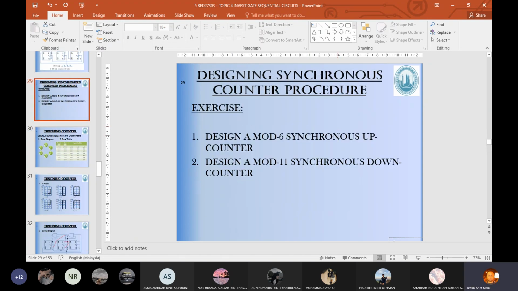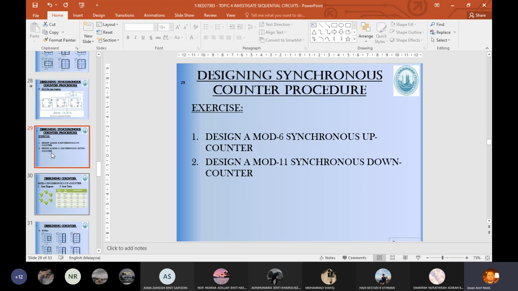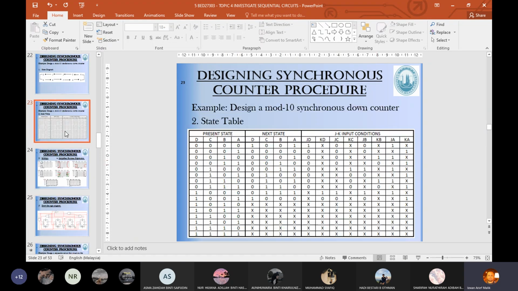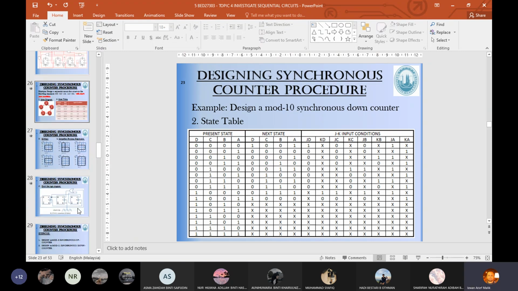Alright. So question 2, design a mode 11 synchronous down counter. So tadi kita tengok dekat sini kita buat mode 10 synchronous down. Sekarang mode 11. So you can try to design them lah. Nanti saya akan share dia punya solution. Okay, mode 11